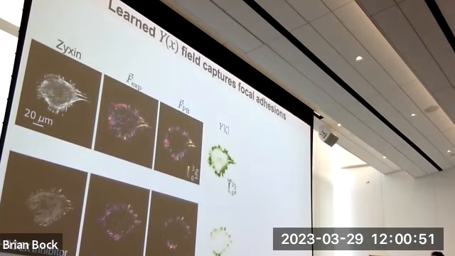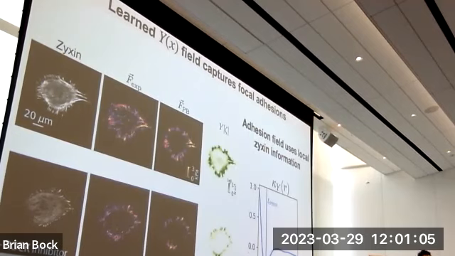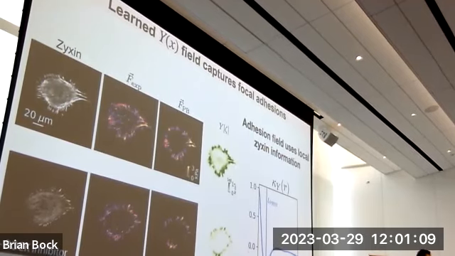And one question you can ask is, if you want to predict this adhesion field, how far out do you have to absorb information from? This is like trying to extract a length scale. And the answer here is a few microns, which is the characteristic length scale that is deemed to be associated with these focal adhesion sites, corroborating again our hypothesis.